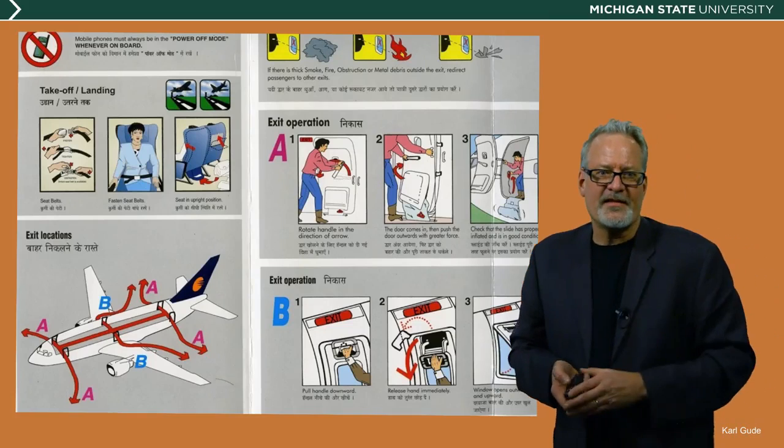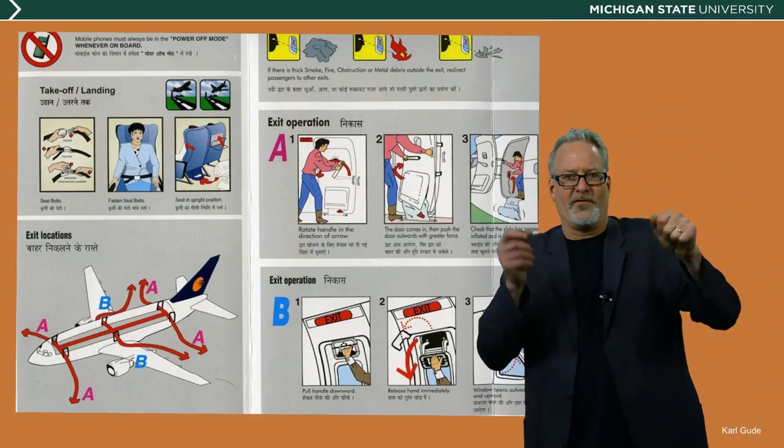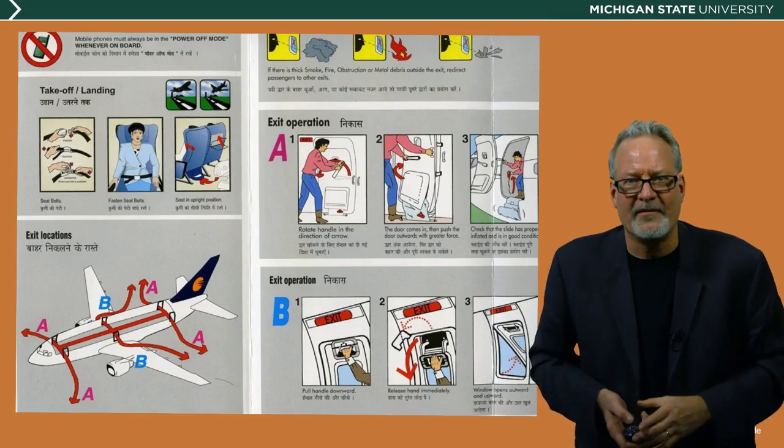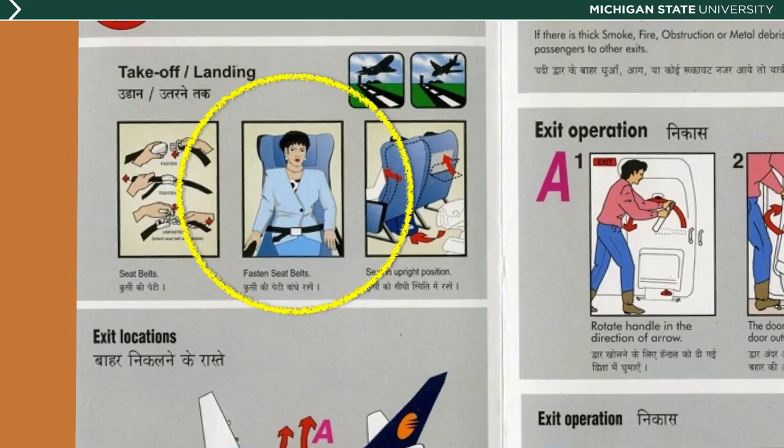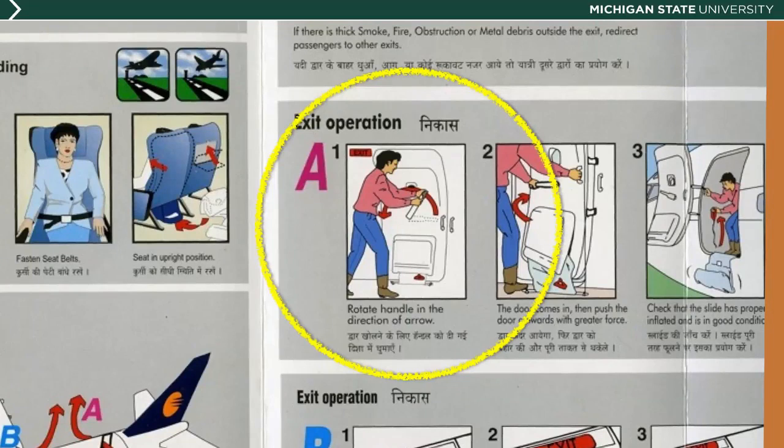I love this because this is an airline pocket seat map graphic that shows how to get out of the plane when it's going down in flames, right? And you can see that there is quite a bit of detail here. For example, this woman sitting in this seat here has a really nice outfit on, a 1980s outfit. She's got this haircut with jewelry, that sort of stuff going on. She looks good. And this other woman over here in the next slide, she's opening the door and you can